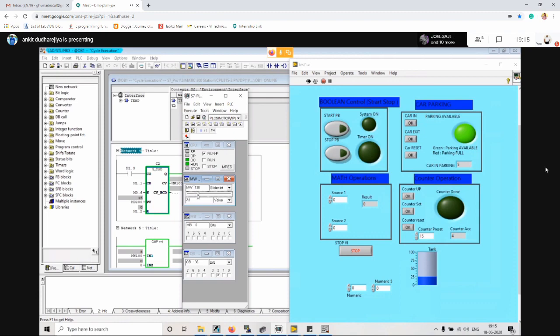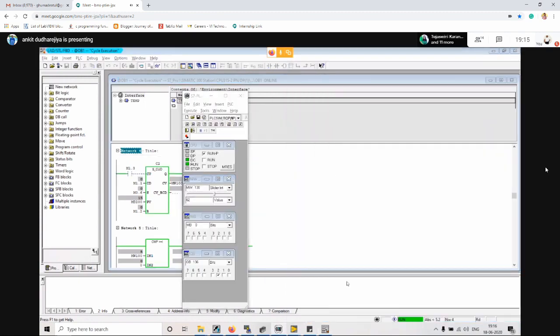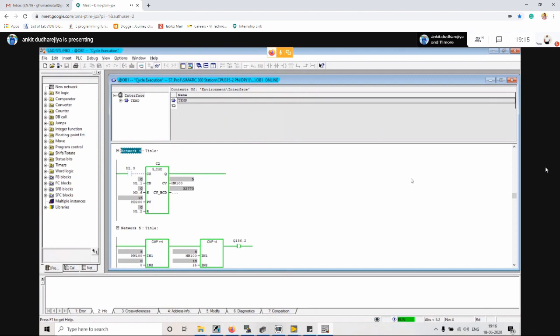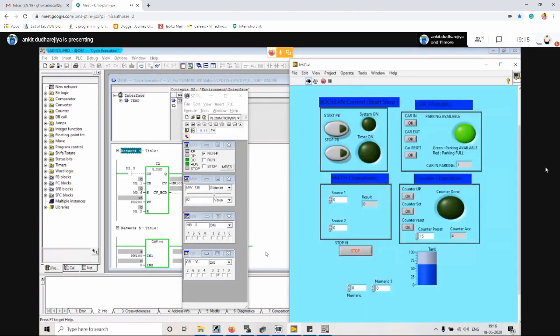Whatever value is coming from your analog input, you have to prepare the PLC logic that is going to control your control bar. Right now we are controlling it manually, but you can control it automatically using PLC logic, and accordingly your tank gets filled, and you will be able to do that simulation on your SCADA screen as well. So now let's see how I did this. This is the logic explanation and how it is going to work that I showed you.